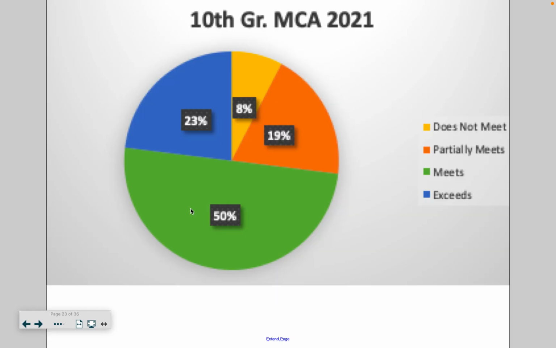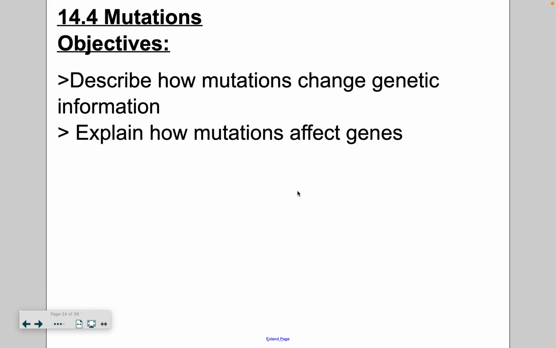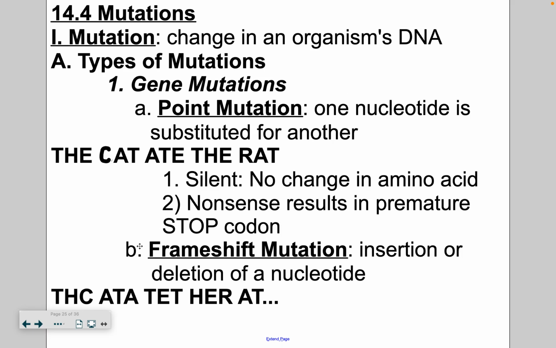Okay, so we covered section 14.2, talking about going from RNA to proteins, and I'm going to skip section 3 and move on to mutations and describe some different types of mutations and how they affect genes. So the definition of mutation is literally any change in an organism's DNA, and there are a lot of different types of mutations. So one type of mutation that you should be aware of for gene mutations is a point